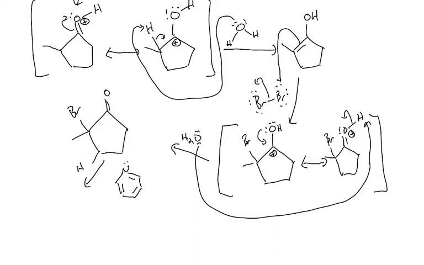So the base is going to steal the hydrogen, the carbon-hydrogen bond becomes the pi bond, and then the bromine is going to take off as a leaving group. And so that'll give us our final product. I'm sorry things got cramped down here at the end. My video software wouldn't let me scroll down any further, so this was all the room that I had to